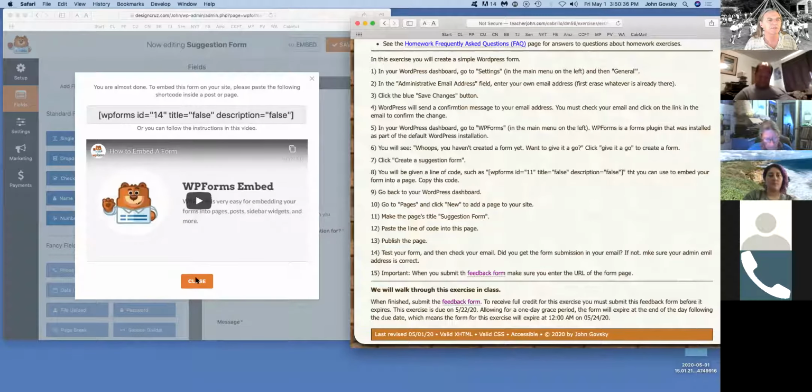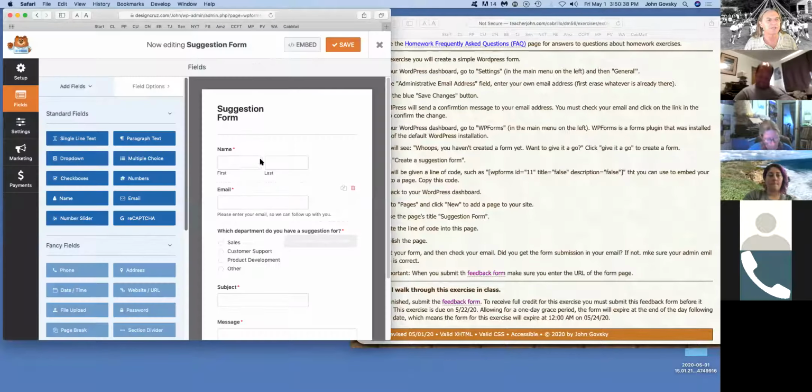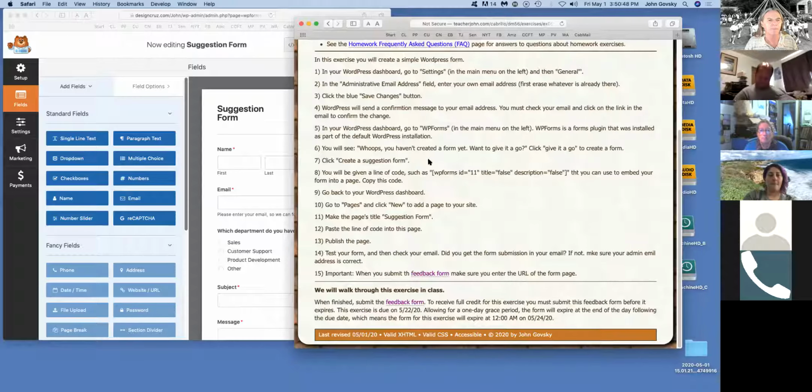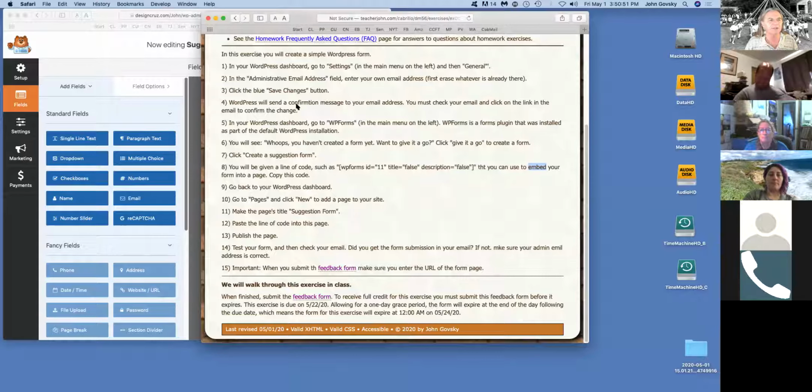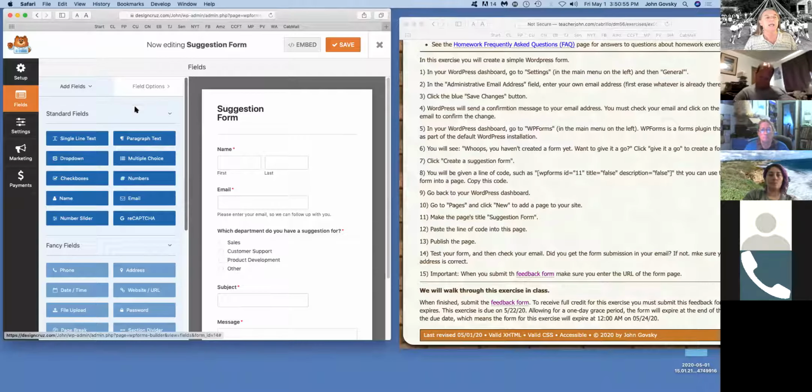So let me close that for a second. I'll modify the exercise. But what I wanted you to do is click on embed here. I forget that's missing from the exercise. That'll be in step 8. So it says you're going to want to embed, but it doesn't tell you to click on that button. Okay, so you're going to click on this embed button, and